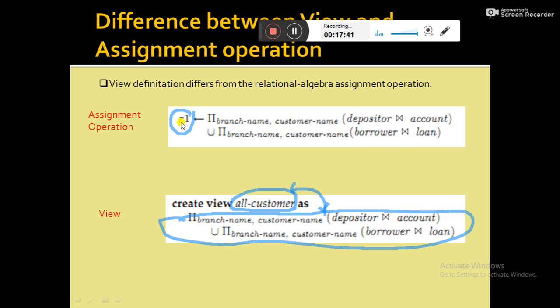So at the time of T1, when R1 gets created, R1 contains only those customer name and branch name which belong to this relation. Now assume that at the time of T2 we are using the relation R1 in another relation. Again I am repeating, suppose at the time of T2 we are using this temporary relation R1 in another relational